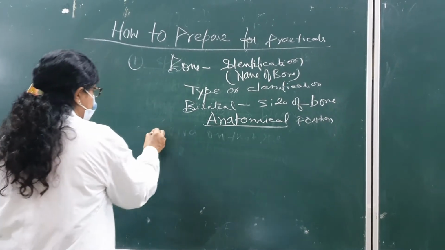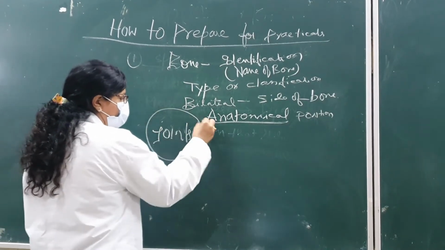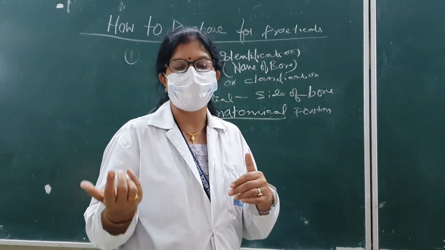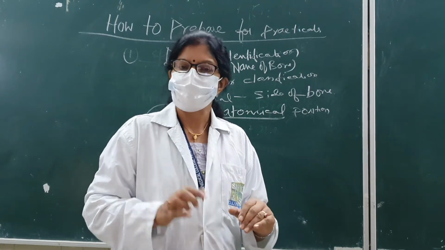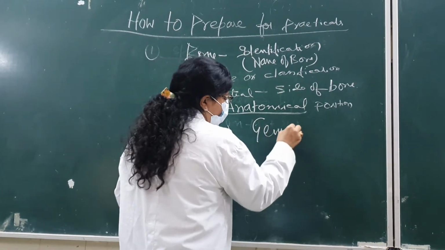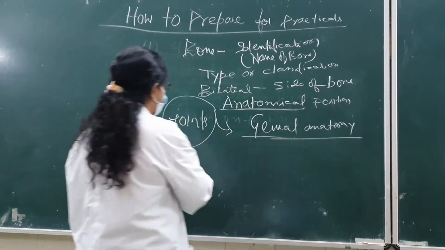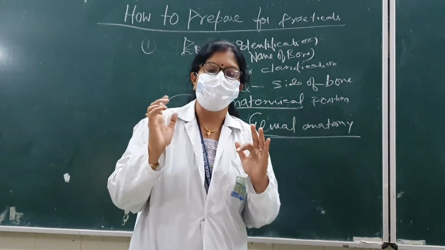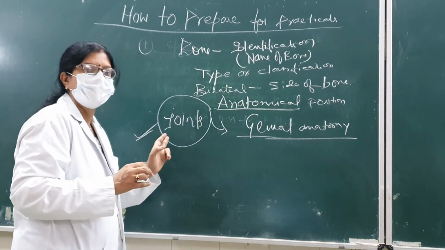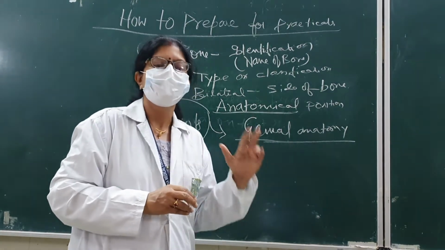After that, what are the points? If you are answering all that, then the examiner will pose you some question because they know well that you don't read general anatomy. Okay, they have an idea. So what will they ask? They can take your viva on joints in general anatomy. So to deal with this, you have to remember the topics, that is the bone and the joint. These two are very important while dealing with your bone viva.